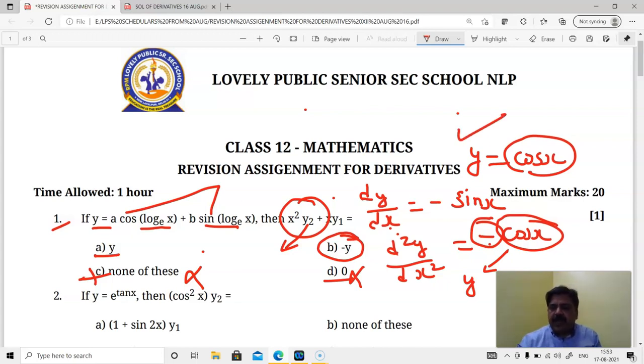I have not taken all these concepts. I am just saying that if we have a concept like y is equal to cos x, the second order derivative will end up at minus cos x. So minus is the most probable and correct answer. This we are supposed to know. I hope this fundamental is clear, and afterwards we will be moving to the next question.